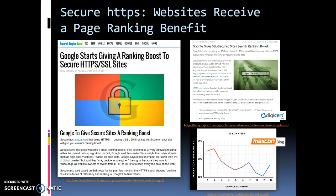There are several blog articles out there, but late last year, August of 2014, Search Engine Land suggested that Google is starting to give a ranking boost to secure websites, websites that have HTTPS or a secure socket layer certificate in the browser. It says it's a small ranking benefit, a signal, and why shouldn't it be? If you're a customer or consumer visiting a website, don't you want to know that your communications are